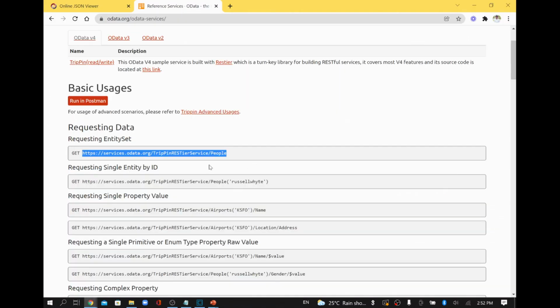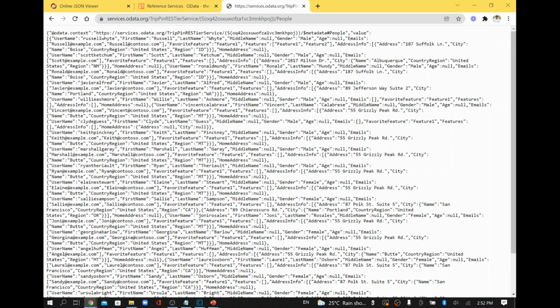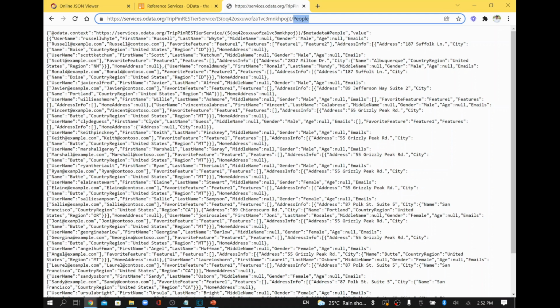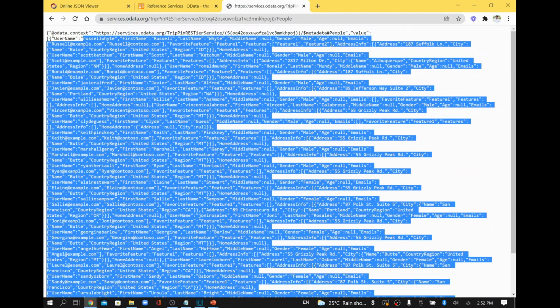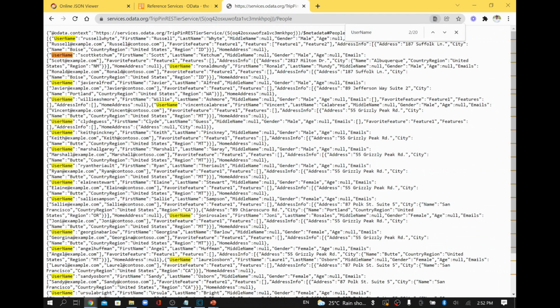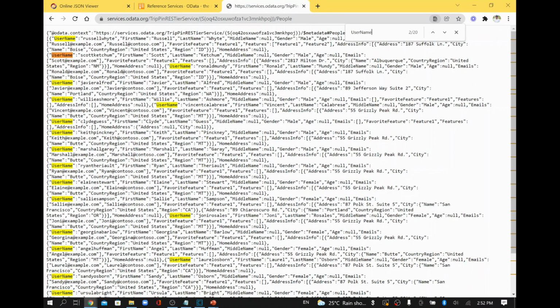Now I'll copy this URL and browse it from the browser. Basically I'm trying to call that web service through a GET operation through the browser. You can even run it from Postman or any kind of REST client tool as well. When you call it, it gives a list of people information, and I'll check how many usernames there are. There are 20 records available in this table, and the first record has the last name White and first name Russell, and similarly we have 20 people available in this particular response.